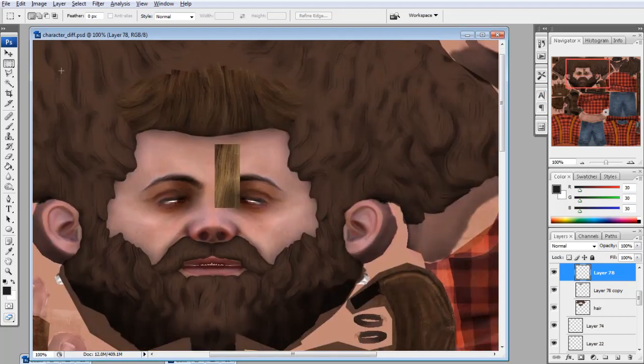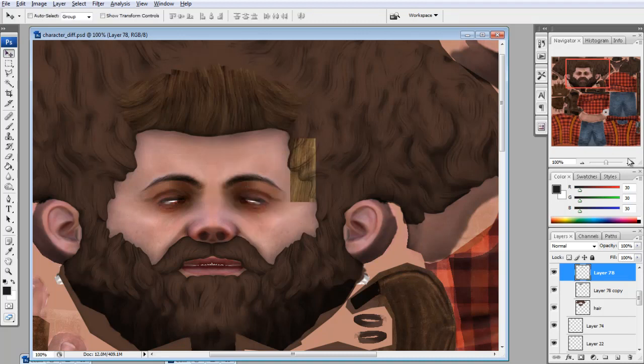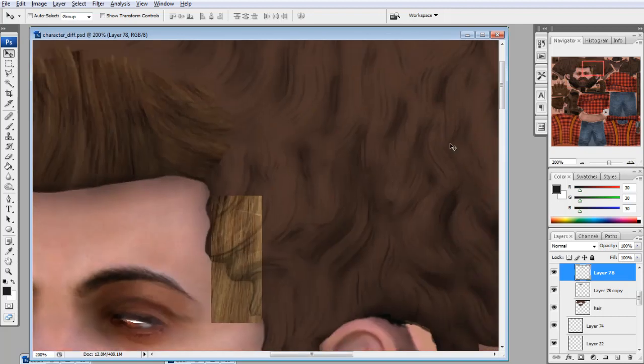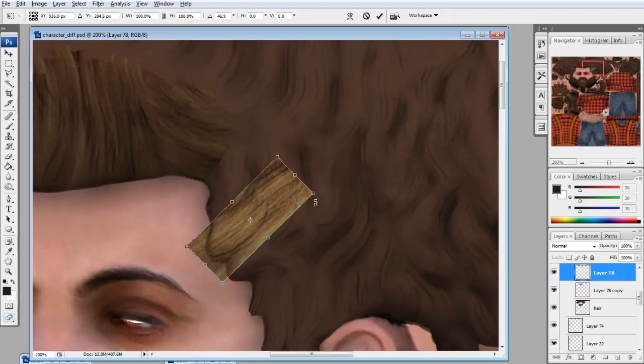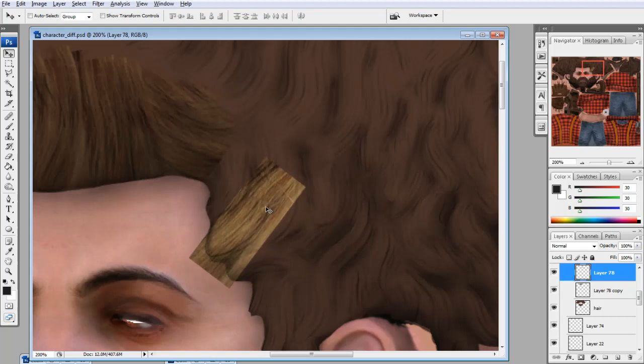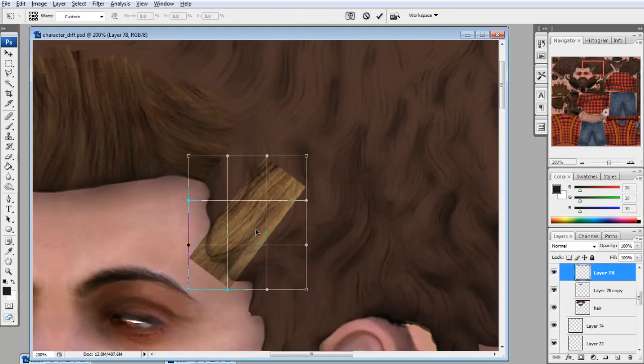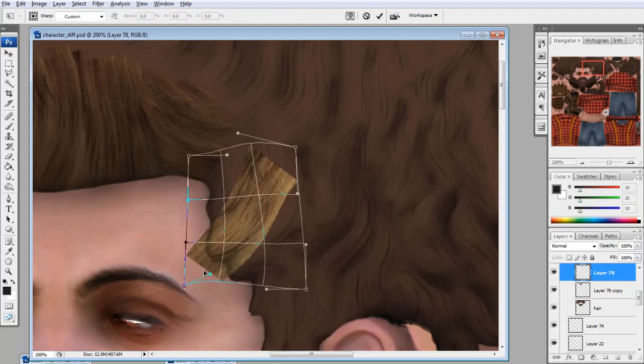Okay, so in this part we are going to texture our hair. You see we will be using images. I took them just from the internet, just plain hair. So the stuff we will be doing here is to put this little part of the hair on the place